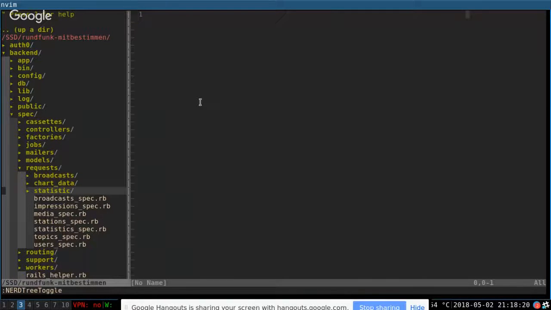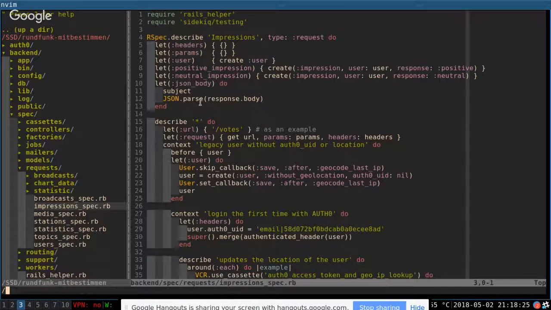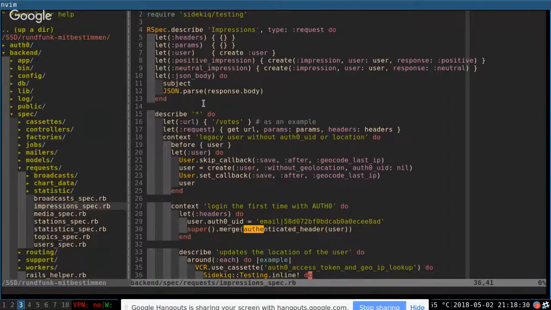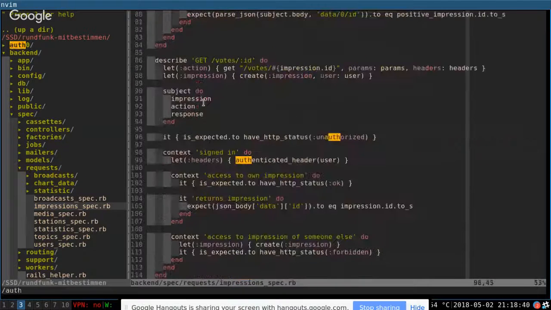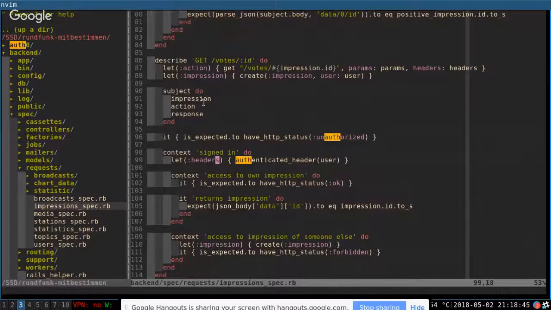For example, impression. I guess we have authenticated, when the first time with auth0. Yeah, I think you can just use that one here.